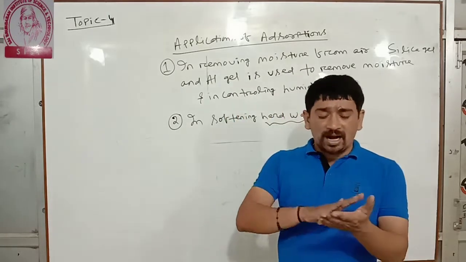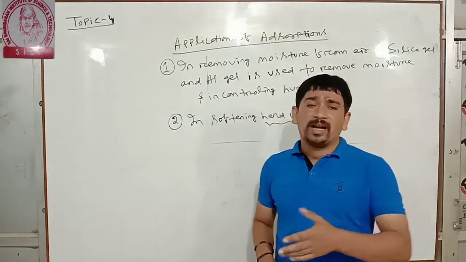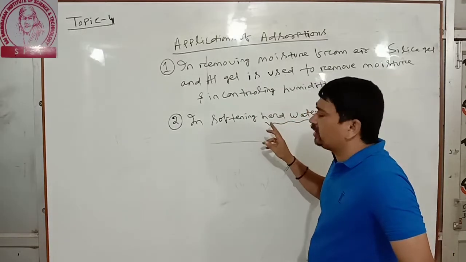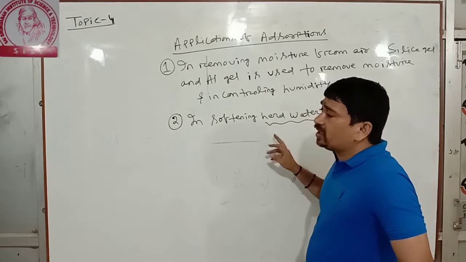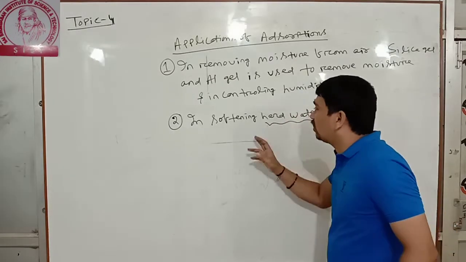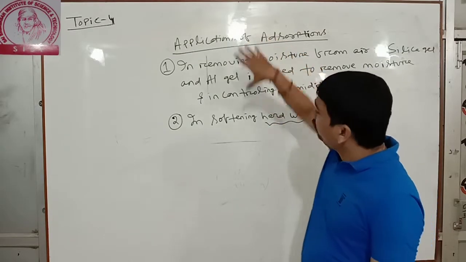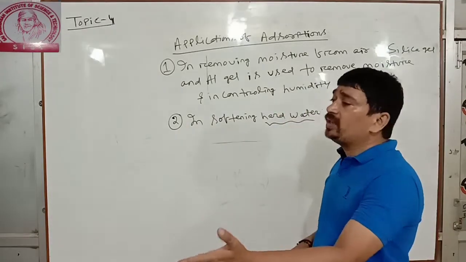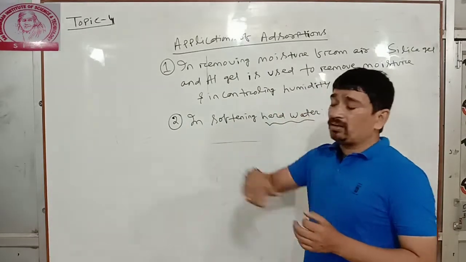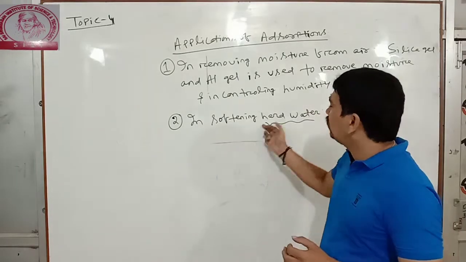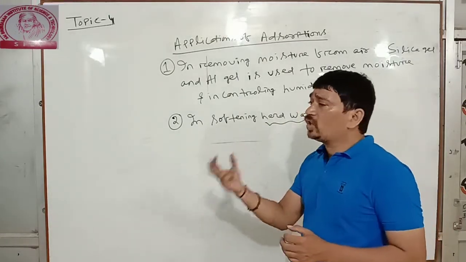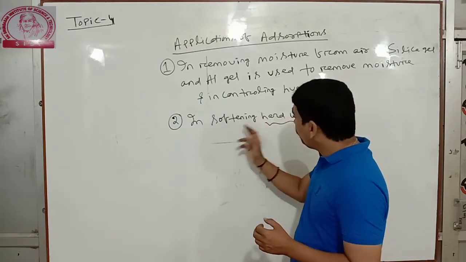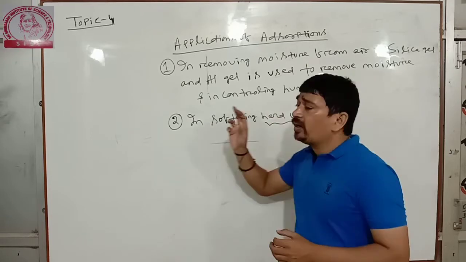Hard water is the one in which washing clothes does not come out clean. That is hard water, but that is not the exact definition. The definition is that the water which contains the salts of calcium and magnesium is called hard water. We generally consume soft water. So by the adsorption process, we have to change hard water into soft water.